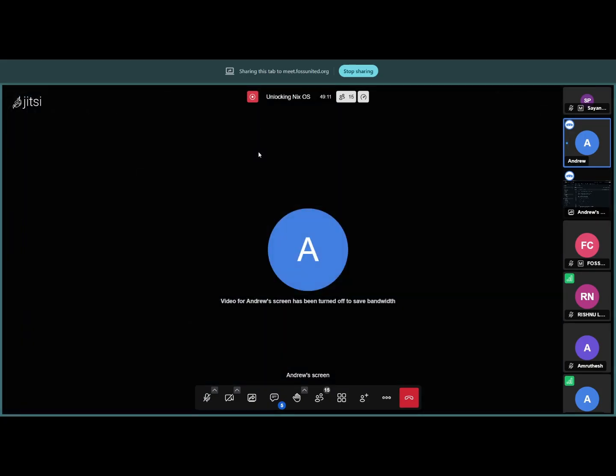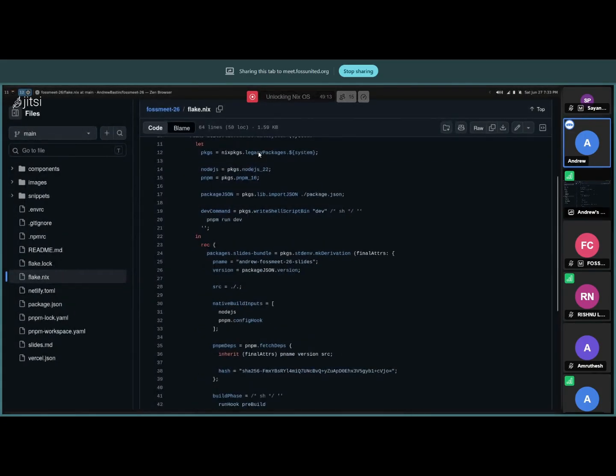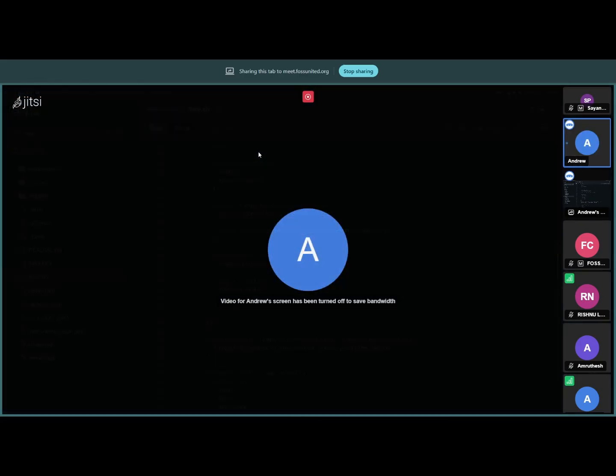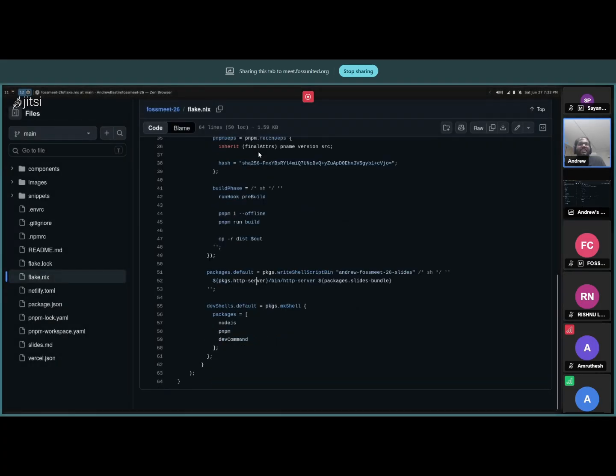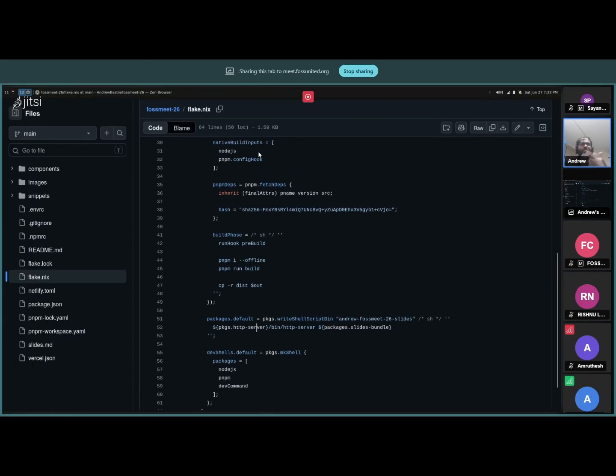If you see my build recipe, I need Node.js and PNPM to build everything. And then I also need an HTTP server, which is a program written in Python to start an HTTP server. So that means I need Python also.